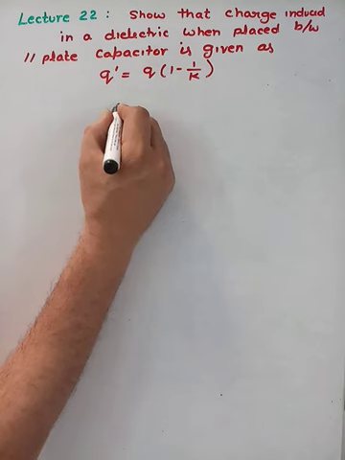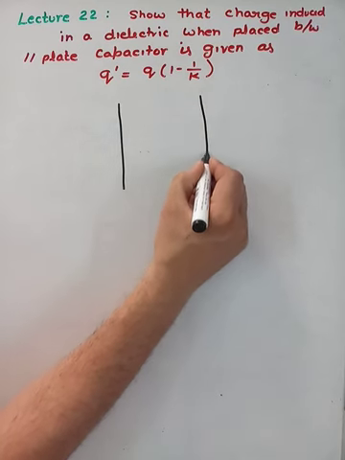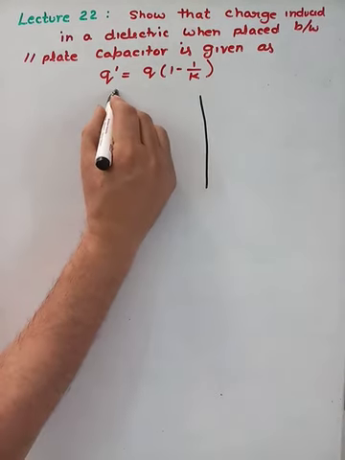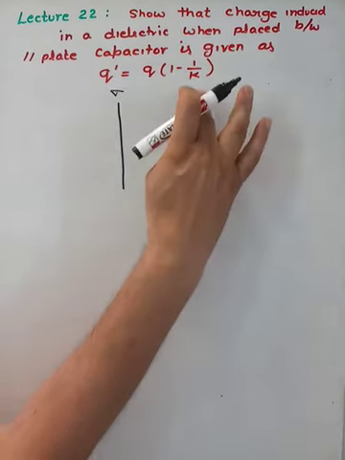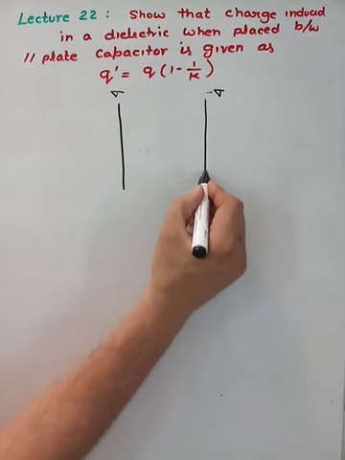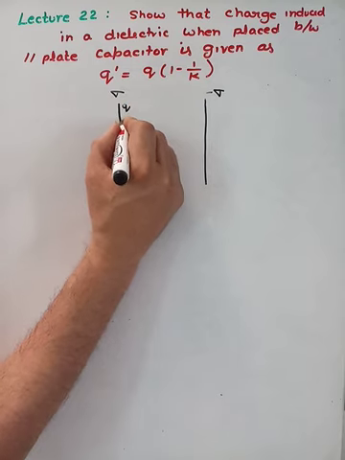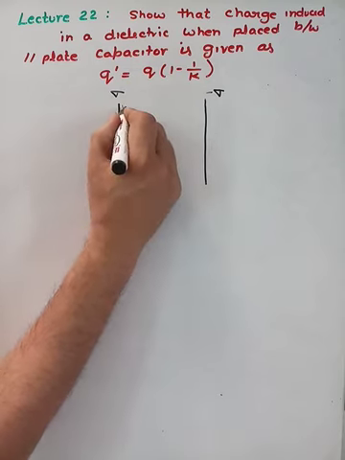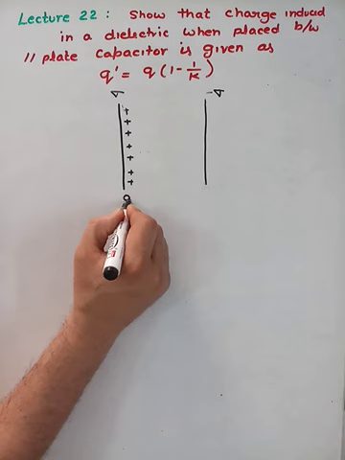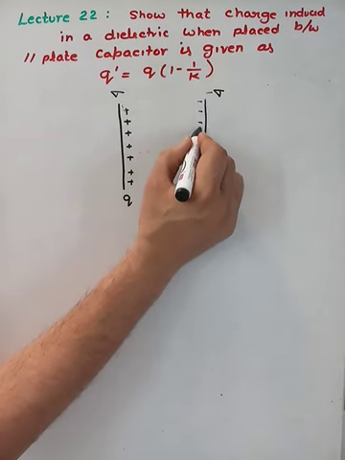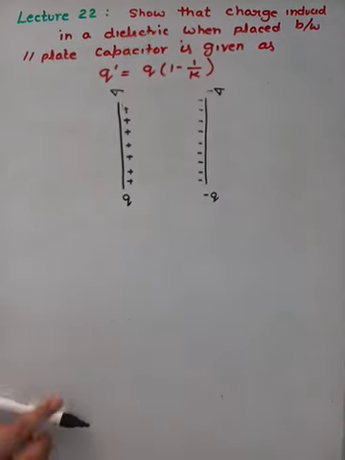Now we consider a capacitor having surface charge density sigma and minus sigma. That means this plate is having say charge plus Q and this plate acquires a charge minus Q. Now if we insert a dielectric,